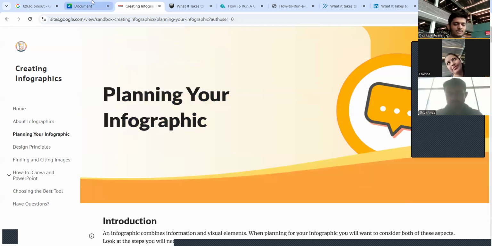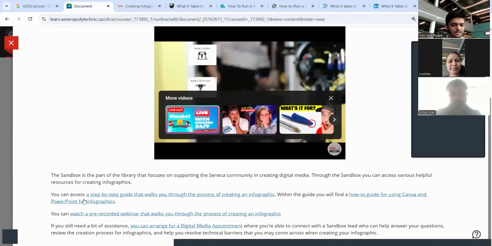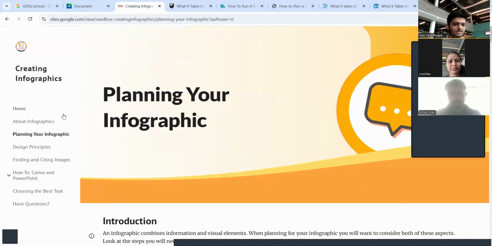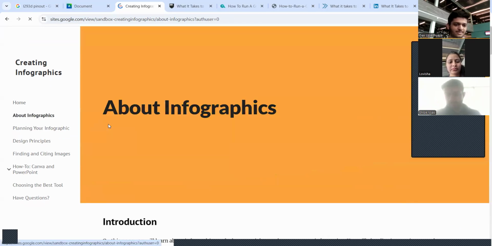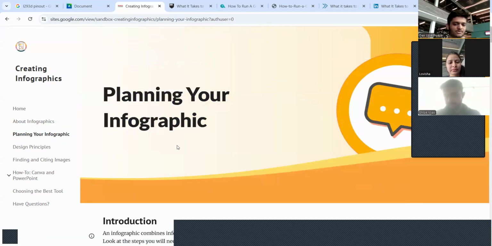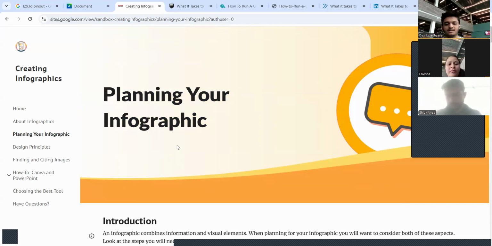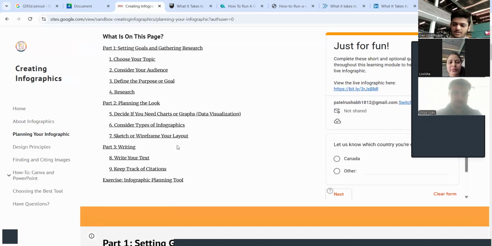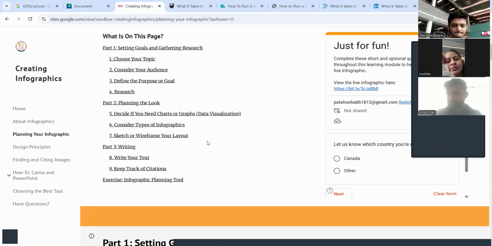Sorry. So we are going to go through the things provided by our professor, which is the step-by-step guide. It talks about infographics a little bit, then about planning your infographic. These are the things covered by Lavisha while we are making it. She will plan our infographic, and Shlok and I will work respectively. So we'll be good. And yeah, I can do that well.